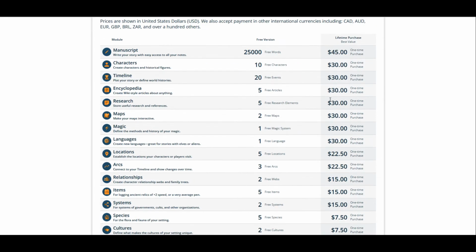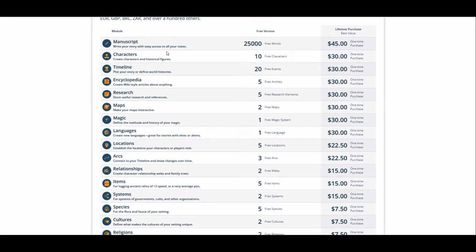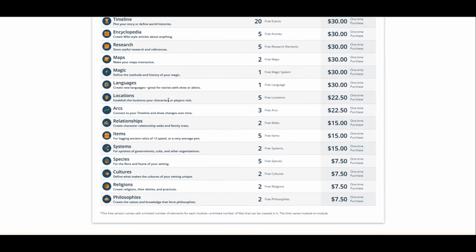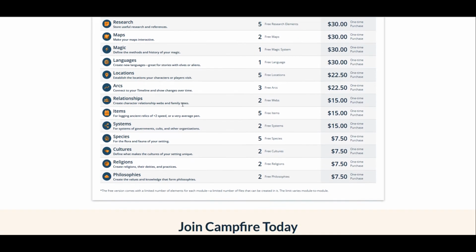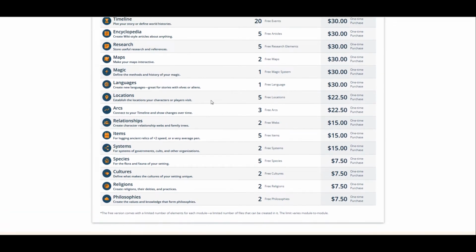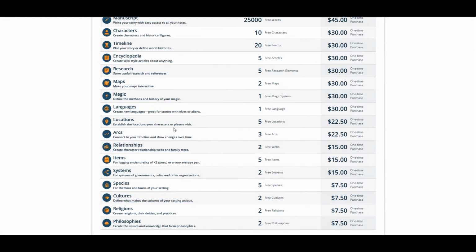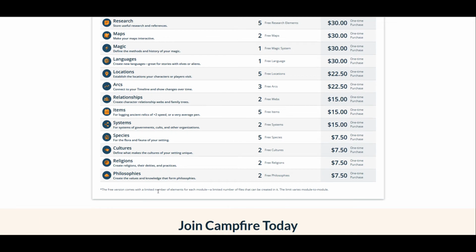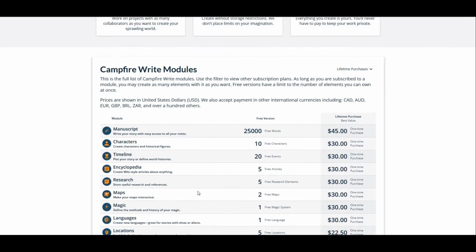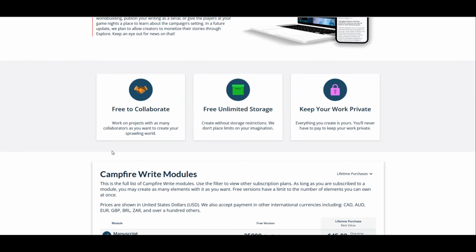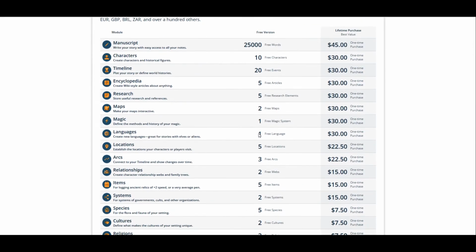If you don't go lifetime, you'll see that you can get a single module for most of the time. It's $30, which I think is fair if you plan to use it enough. I mean, it's all going to add up to about $300 total, which is, again, triple the price, actually no, quadruple the price of Pro, but it's a lot more items, and they're going to continuously support it, update it, probably add new items, I'm guessing, although I don't know that I've seen anything new since I tested, but it doesn't mean they won't ever. And if they're ever going to plan on adding new things, this is where they would do it, clearly.